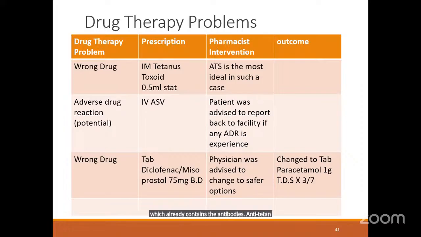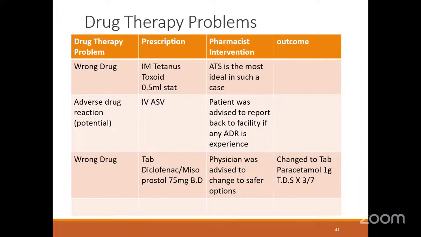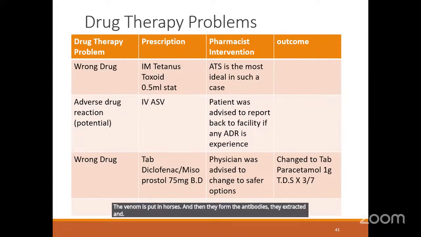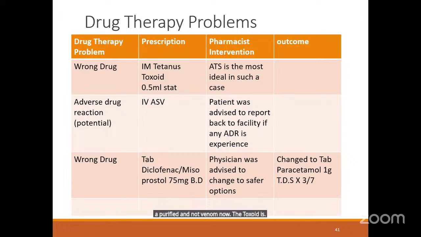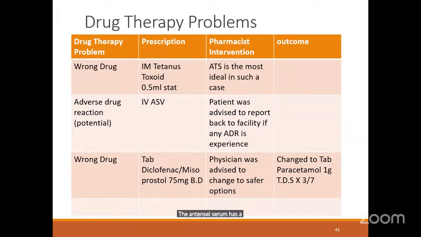Anti-tetanus serum is gotten from equine, horses, where the toxoid is put in horses, and then they form the antibodies, which are extracted and purified, and it's not venom now. The toxoid is given to horses to get the anti-tetanus serum. But the human tetanus immunoglobulin, that one is gotten from human beings. But the anti-tetanus serum has an equine background, that's from horses. But both of them are for passive immunization, immunity, and then